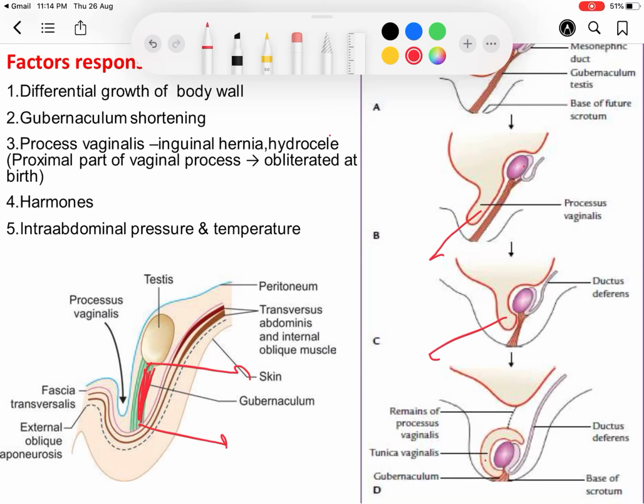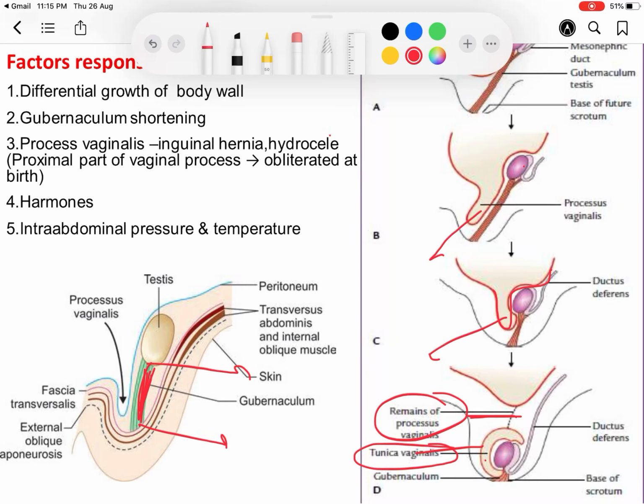This is the pouch of peritoneum, and when the testes descend into the scrotal region, this pouch of peritoneum in the cranial part will degenerate. So the processus vaginalis in the cranial part will regress, and in the testicular region, this processus vaginalis will form the tunica vaginalis. And sometimes fluid collects in the tunica vaginalis, which is called hydrocele, and if the complete